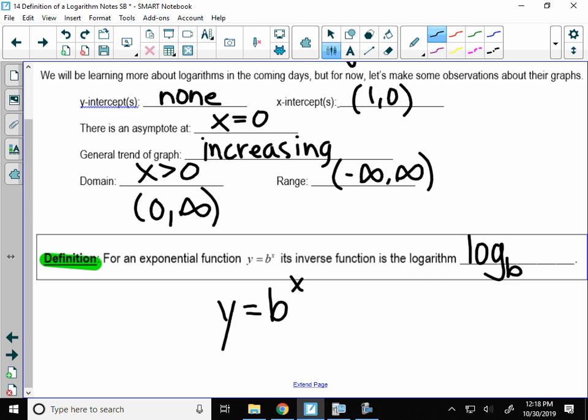And we say of y, the y is on the same level as the log. It's a regular sized y. So log base b of y equals x. That is the formal definition, an equivalent statement of a logarithm with its exponential. We're not going to do a ton with this. We're going to use this definition here. We're not going to do a ton with the equation. You'll do that more when you get to pre-calculus. But for now, we just need to know the definition.